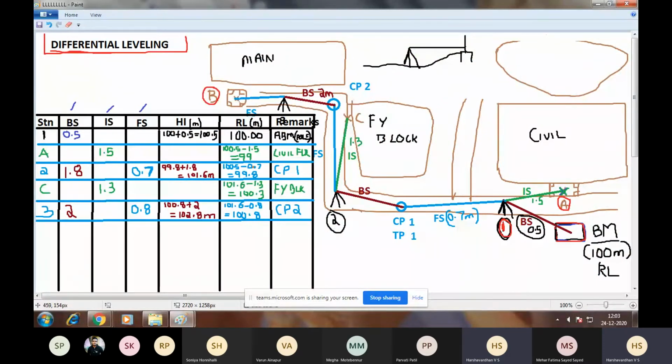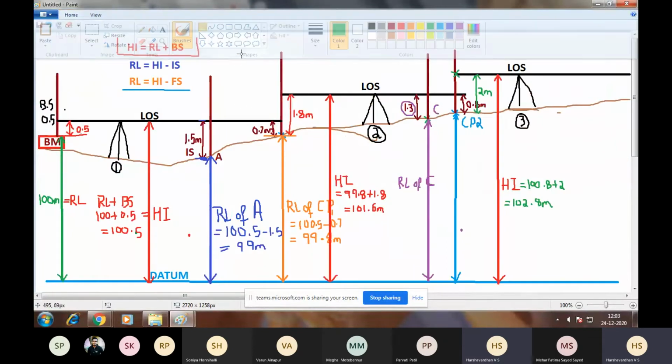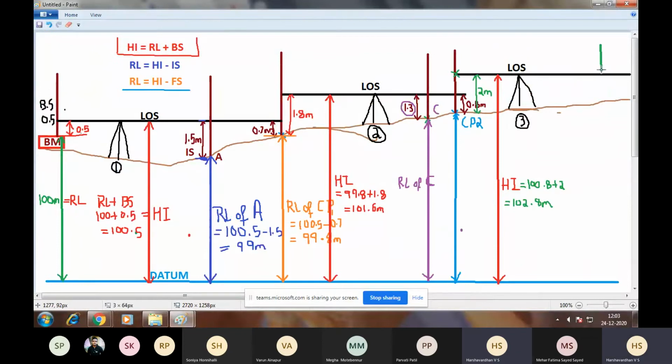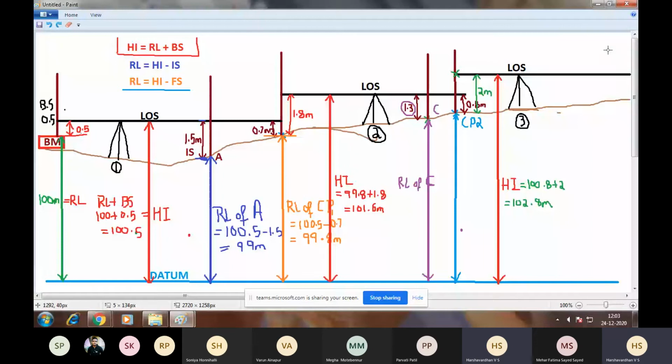Now from this particular instrument point, I can easily sight the last point, that is the floor of the main building. So I'll hold the staff on that point and I'll measure the RL.